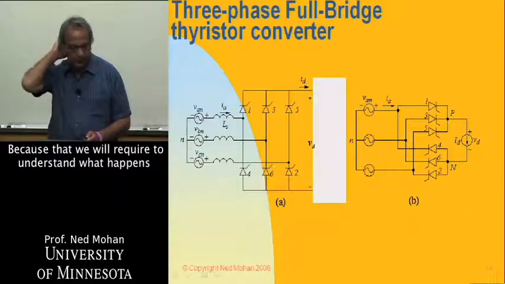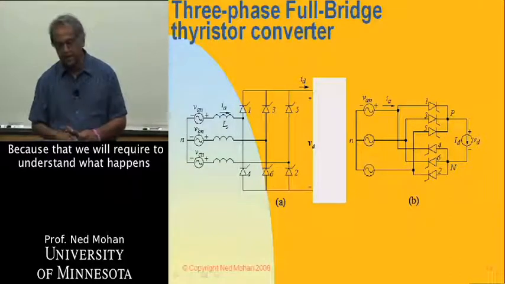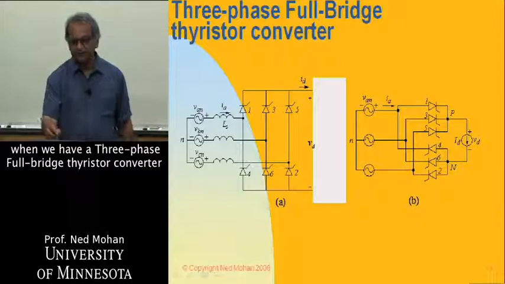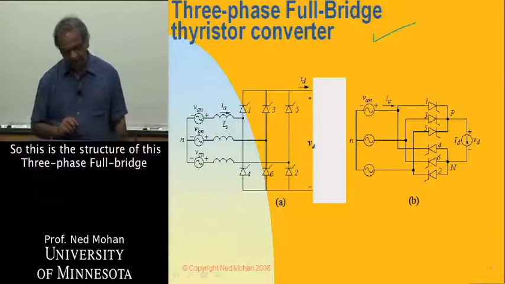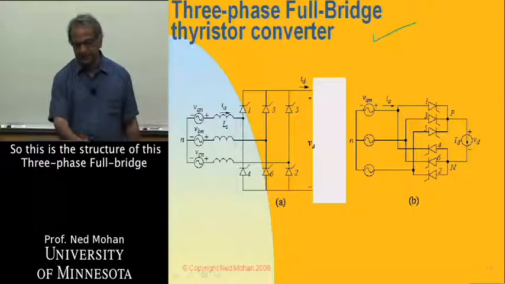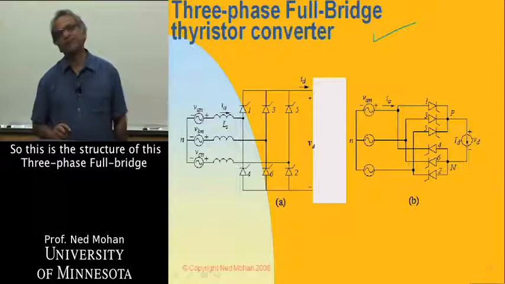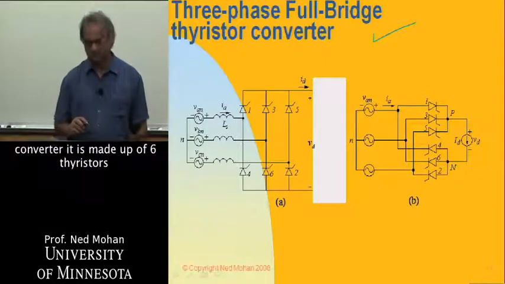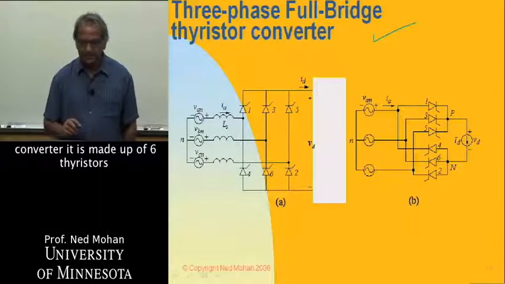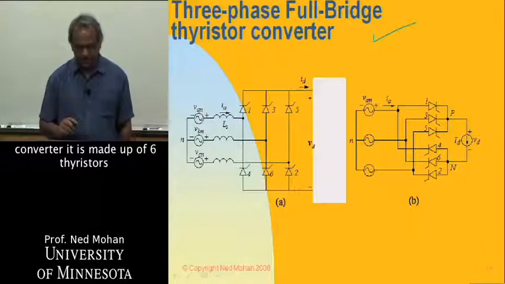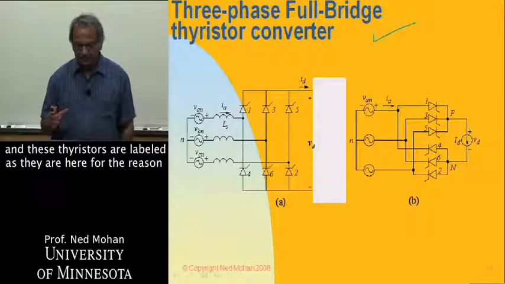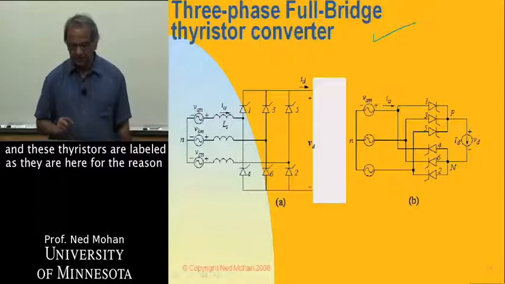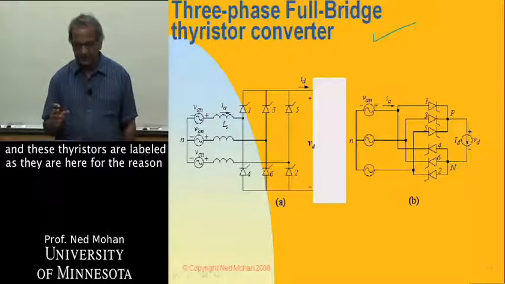Because that we will require to understand what happens when we have a three-phase full bridge thyristor converter, as normally we do have. Okay, so this is the structure of this three-phase full bridge converter. It is made up of 6 thyristors, and these thyristors are labeled as they are here for the reason that